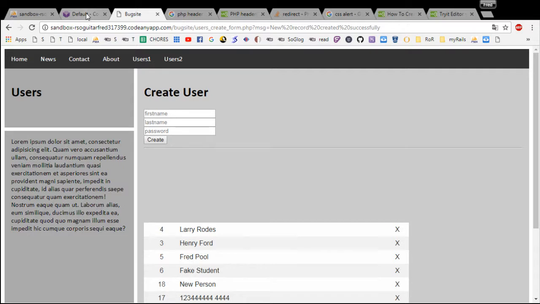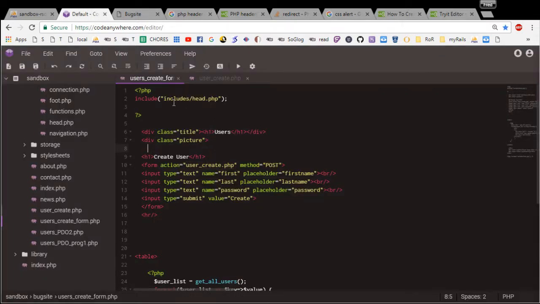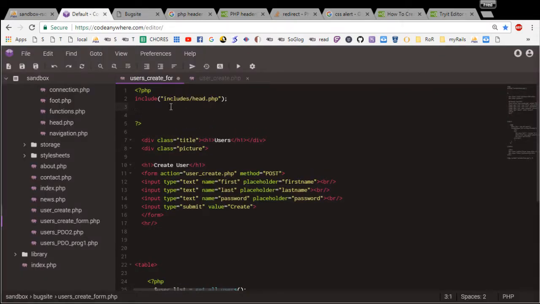So it is traveling back to this page, and that's where in here we want to make an if statement that says if is set, and it's a get variable, so you do this and say MSG. So if that is set, and I'm going to copy this, then set this new variable on this page, message, equal to that. And then we want to display it